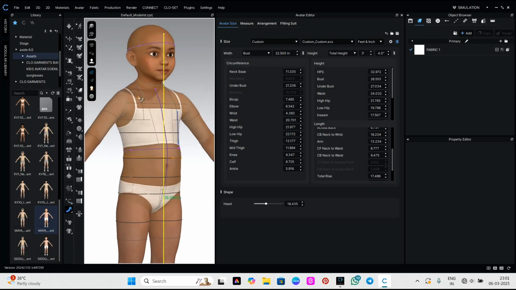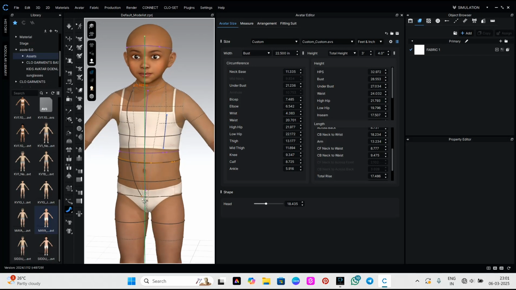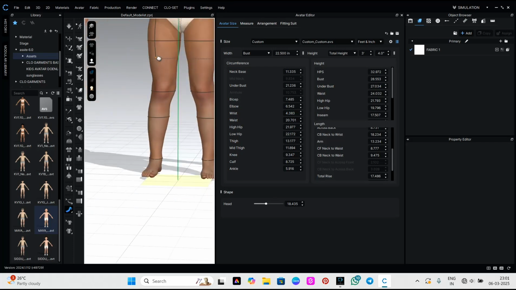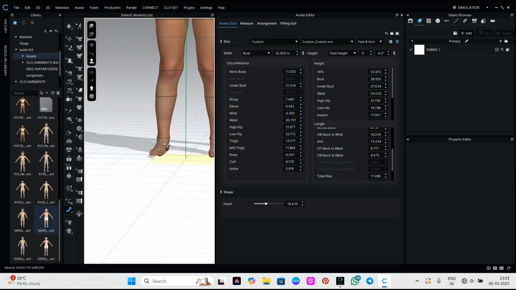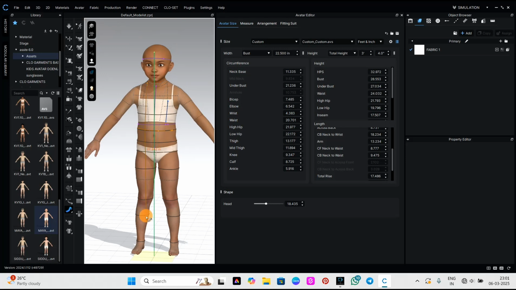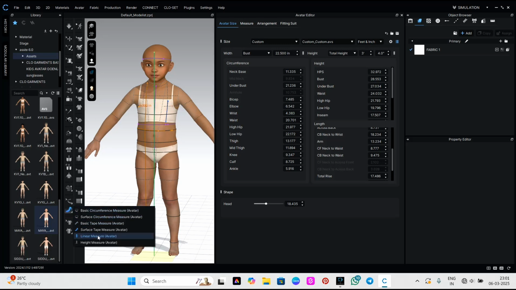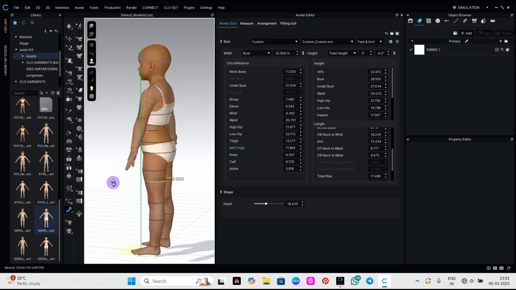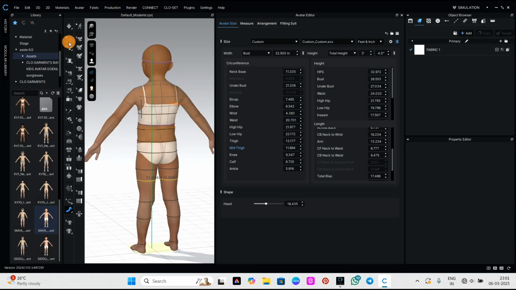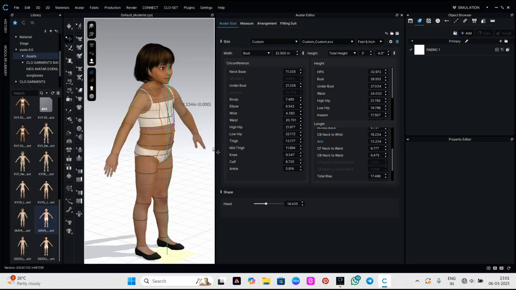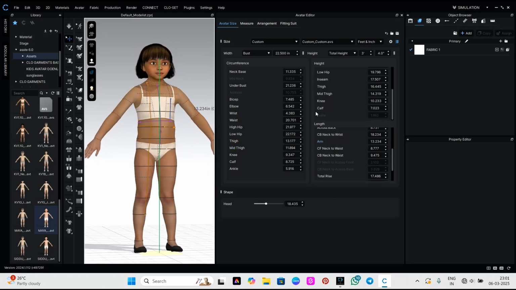So let's see, this tool does the same. What it does is it will either take the straight measures or the side to side measures, right? But the circumference ones form a circular thing like this. So hope you understood all about the measuring tools, and you can create your n number of avatars using